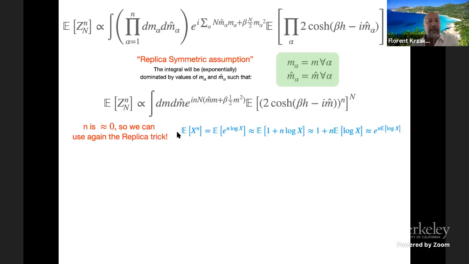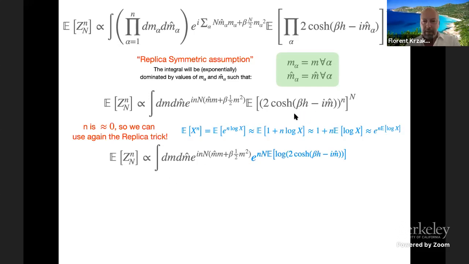And somehow say, well, the expectation of x^n will be close to exponential of n times the expectation of log x. This is crazy, right? This is not something we should expect to be true in general. Of course, if n is going to 0, it's a formal computation. But it's clear here that there is something weird. And in fact, when you see this, you start to think, if I'm going to prove this, at some point I will have to care about the concentration of this variable, which actually turns out to be the difficulty. But never mind this. All right, once we do this, then this part is written as an exponential.